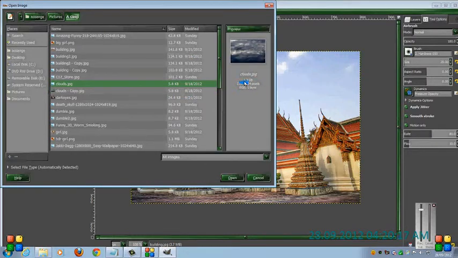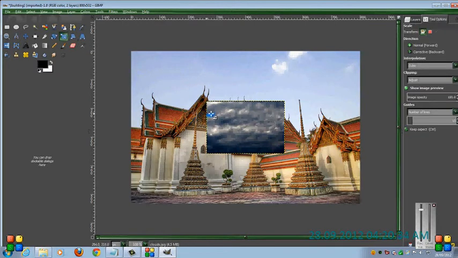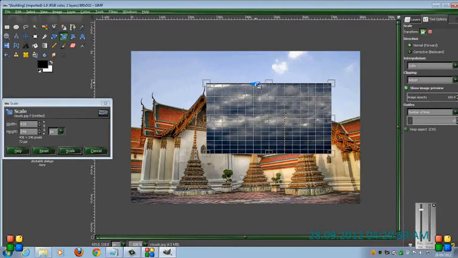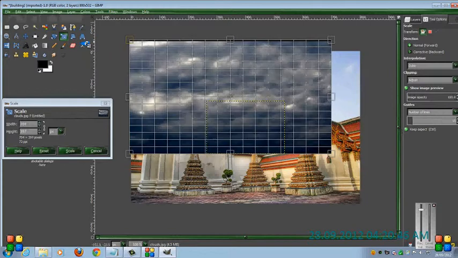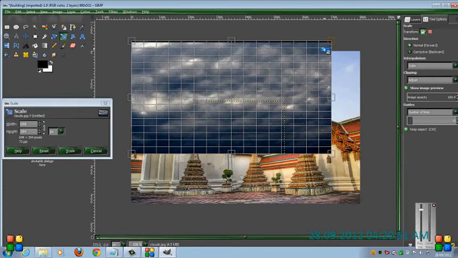What do they look like? Oh yeah, the same thing. So I can open up those. Now that tiny cloud image is not going to fill up all this area. So I'm going to have to use my scale tool and scale it up. Actually, I'll click them together so they scale evenly. Make sure it's big enough. I probably made it